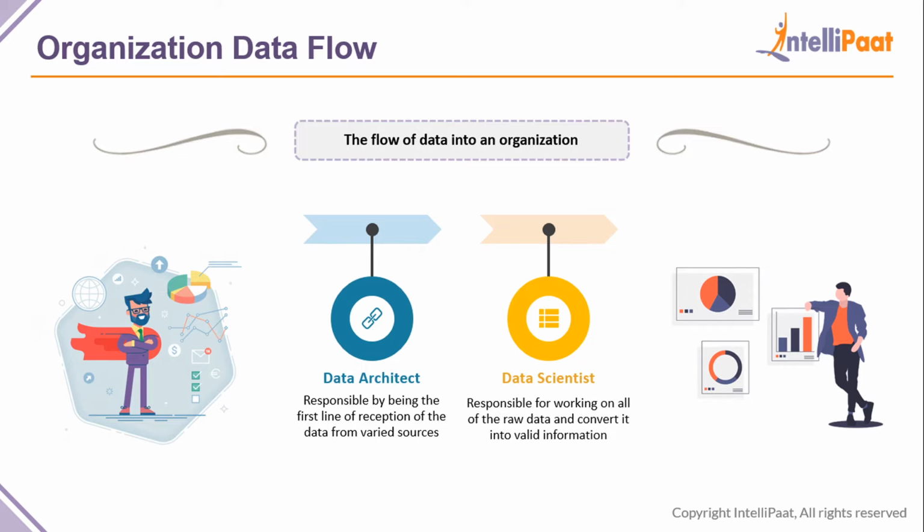And after handling the data, some pre-processing will be done, and later it will be pushed to the person called the data scientist. The data scientist will pretty much take all the raw data, convert it into information, and then work with it, apply machine learning, apply artificial intelligence, and all these fancy concepts to make data less unruly, to make data a friendlier entity to work with, guys. So again, the key takeaway here is that you need to understand the data. The big data architect is the person who would have designed an entire solution so that when data steps into the organization, it is handled perfectly without any discrepancies, guys.